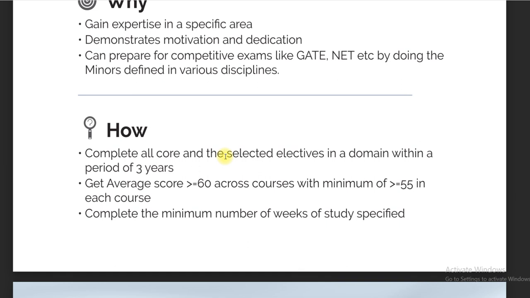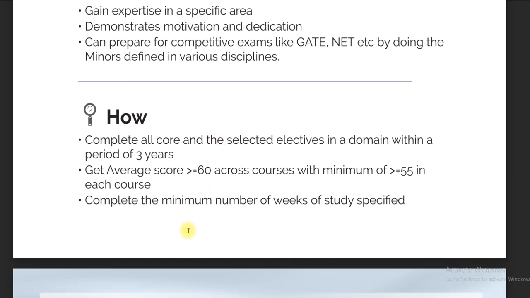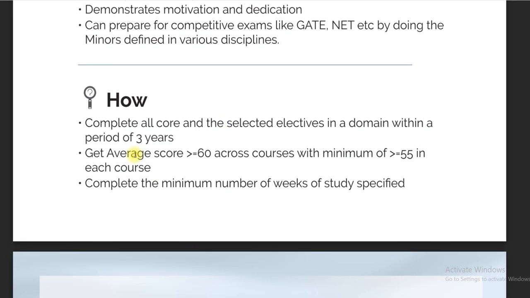Coming to your score, on average your score must be greater than or equal to 60, and the minimum score in each course must be 55 or more. Say there are five core courses. In one course you scored 56, and in others you scored 80 and 70.